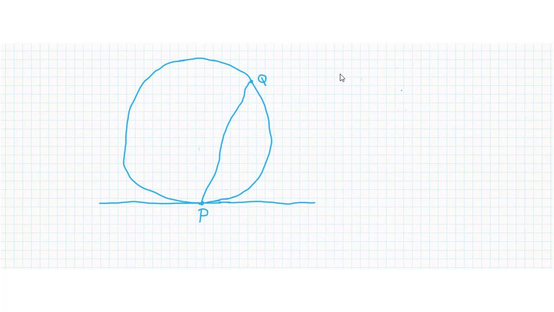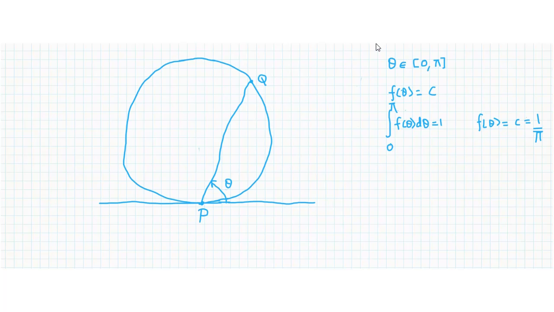Let's define some quantities. Let theta be the angle which the chord makes with the horizontal. Q can be anywhere on the circumference in an equally likely manner. So theta can take any value between 0 to pi in an equally likely manner. In other words, the probability density function of theta must be a constant. That is, since this is a density function, it should integrate to 1. So we have the following constraint. So this gives us f(theta) equal to 1 by pi.